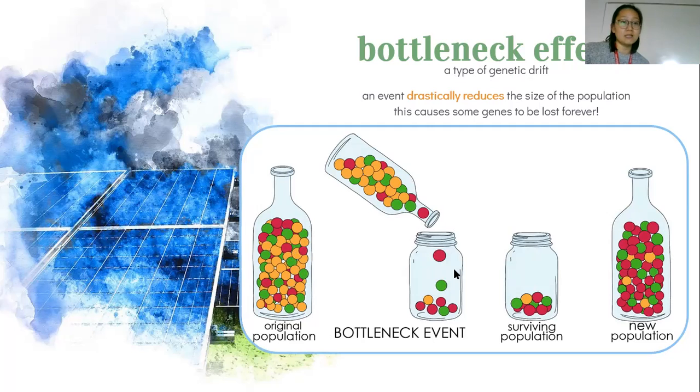And those are the survivors. Everybody else gets chucked in the bin. Everybody else doesn't make it. And so the surviving population then has to repopulate, and you can see based on the survivors, just by chance, the makeup of the population of their genes is now very different looking. There's a lot more reds, there's not as much oranges. There's still a pretty decent amount of greens, right?